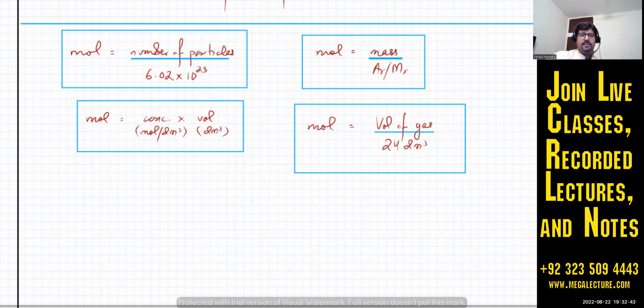Pass with me. I'll share this worksheet with you as well. For the first one, number of particles, that is for